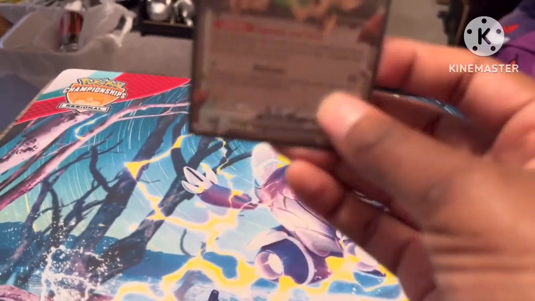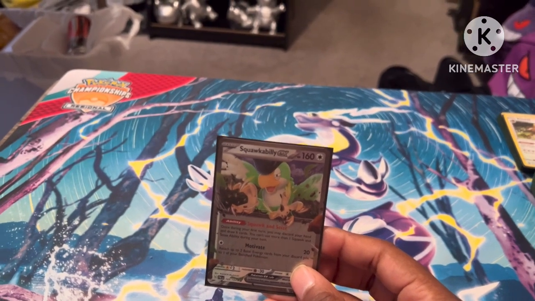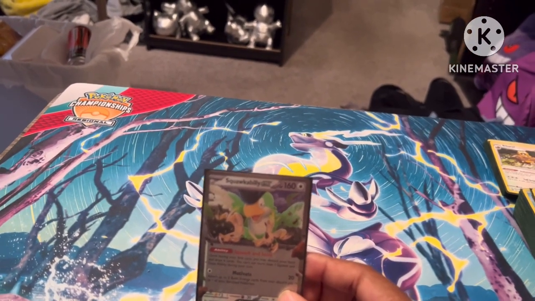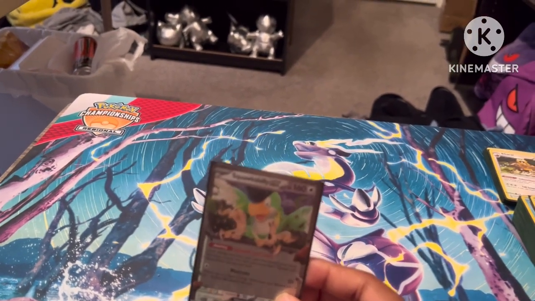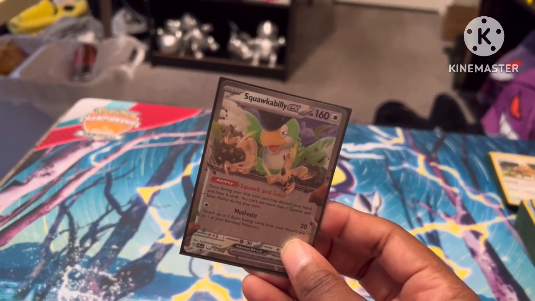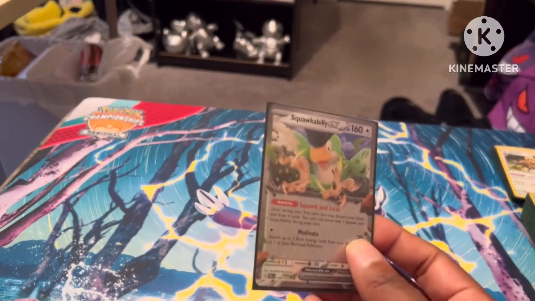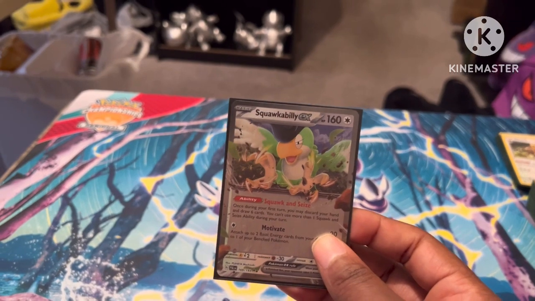Because honestly, going first with this deck really, really sucks. If you do not have an opening Battle VIP Pass already in your hand and a way to set up your board, you're literally going to lose. Because you're going first, you have an advantage that you can be attacking by your second turn. But even with 4 Battle VIP Pass in your deck, you're not guaranteed to get the setup that you need